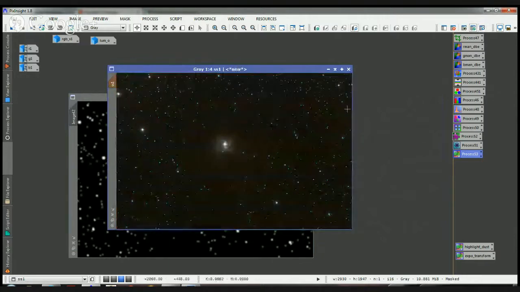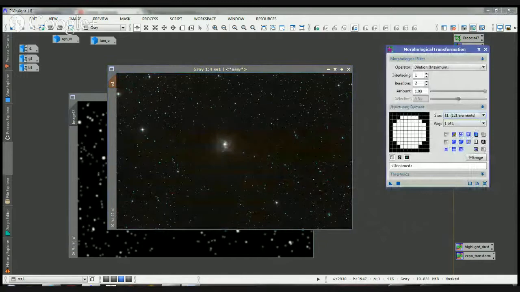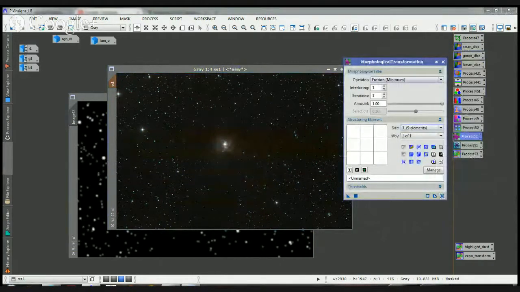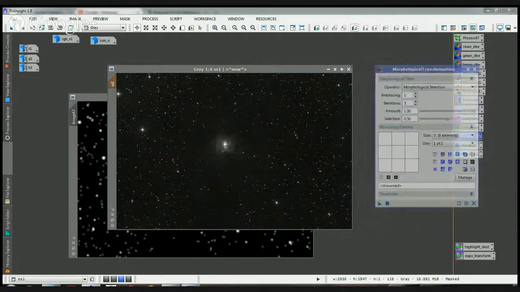Now the easiest way to do that is just using a morphological transformation, but this time we use a different operator. The operator that we use in this case is going to be a morphological selection. And what I like about the morphological selection is that I tend to use it in all of my images,